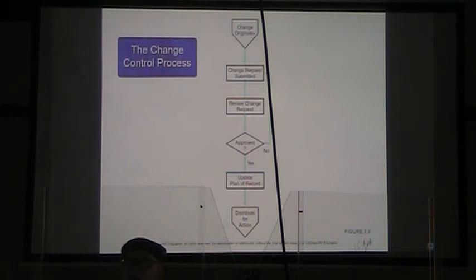We submit a change request form. That request form goes to be reviewed, and then it is either approved and we update our plan of record and distribute to everyone, let everyone know what's going on,